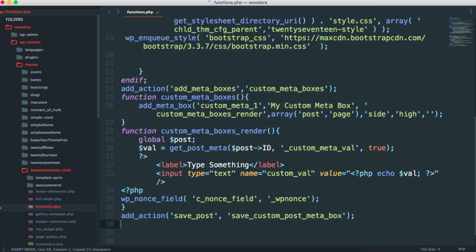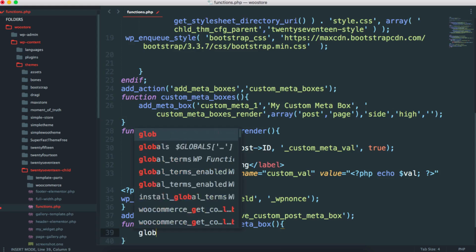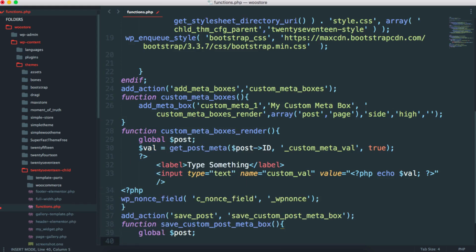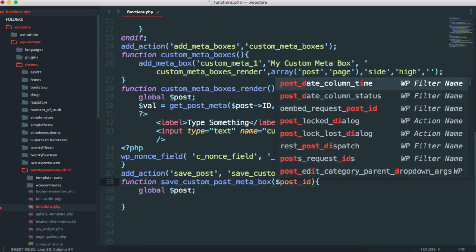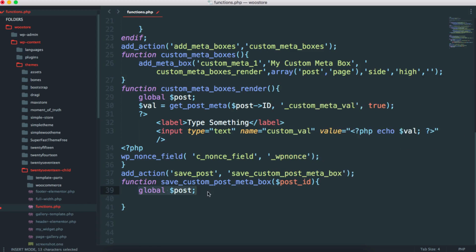So here, a function. Here I will do global post, or it even passes a variable, post ID. I think post ID, yeah. So we don't need to call the global post. It will pass the post ID here. So we need to put some checks here before we save it. The first check is